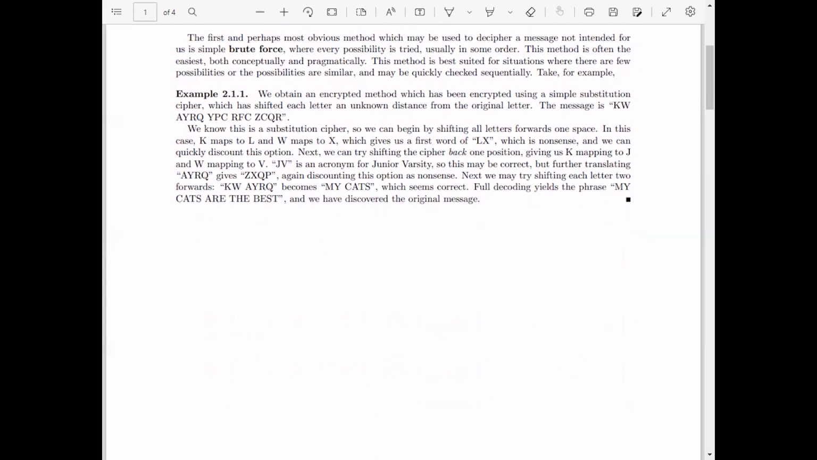The first and most obvious method that we can use when we're deciphering a message is just simple brute force, where we try every single possibility. This is a pretty obvious option for, like last lecture, something like a shift cipher. Let's say we obtain an encrypted message which has been encrypted using a shift substitution cipher. It's shifted at some unknown distance from the original letter. We don't know how far away, but we know that it has been shifted. And the message that we've received is